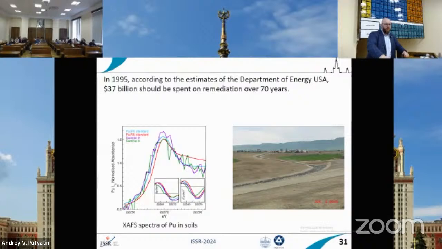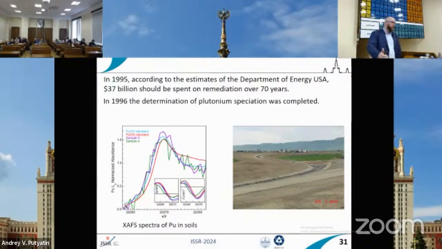But what was done by the company that took this contract for remediation of this territory, they investigated the chemical speciation of the plutonium with X-ray absorption spectroscopy. And it was found that in these conditions, in this territory, plutonium is located only in the plutonium +4 state. That means that it is mainly plutonium dioxide, and that means that it will be